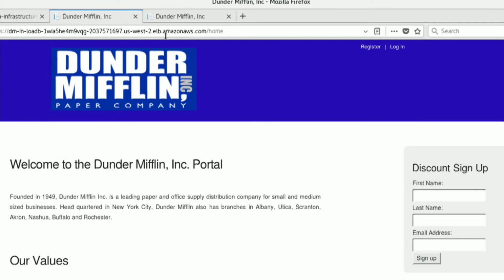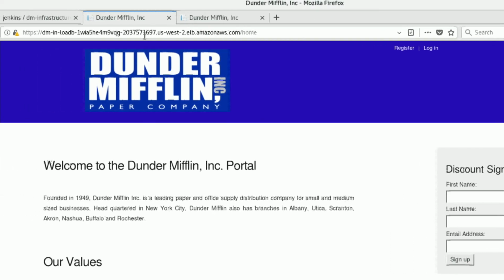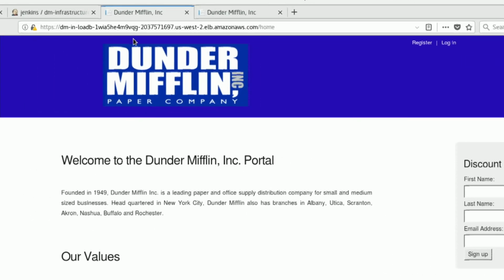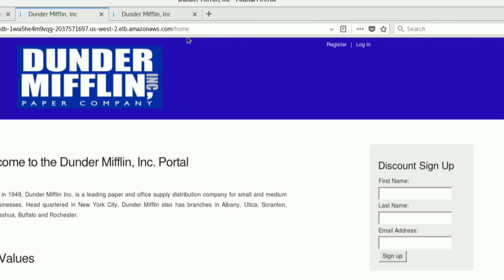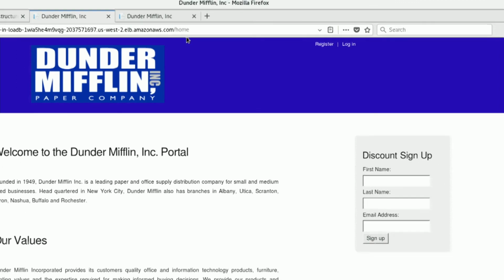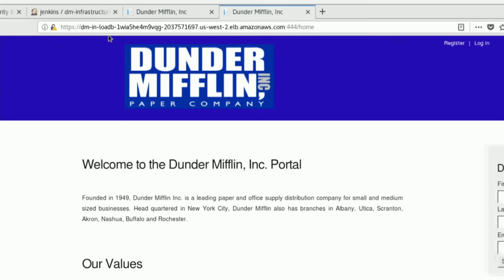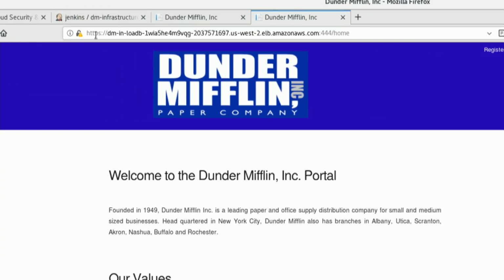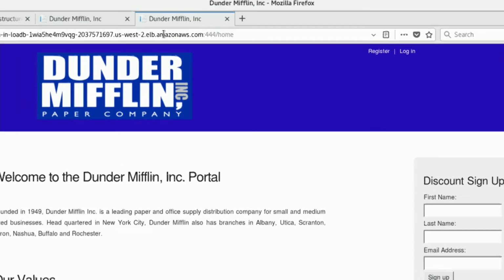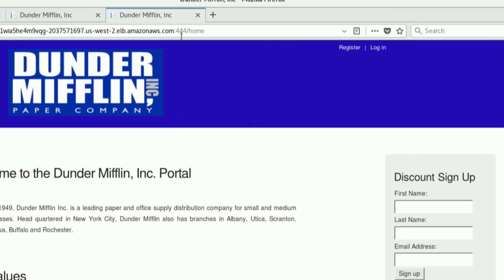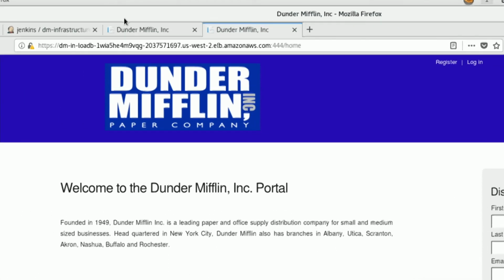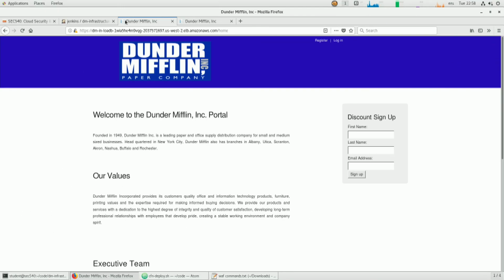You can see that it is running on AWS right here, and by default it's HTTPS, therefore it's running on port 443. Well, I've got another version of this app in this second tab here, and this second one, you can see, yes, this is HTTPS. This is also running on AWS, but it is running on port 444. So if I go back to the first one,